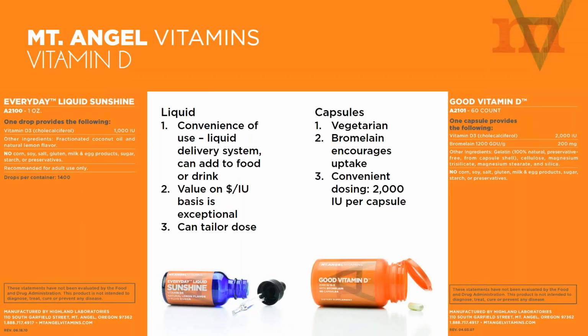From there, you saw we talked about vitamin D. Vitamin D, we have two different forms of just plain old vitamin D. One is a 2,000 IU per capsule. That's our good vitamin D capsules. If you look to the right-hand side of the screen, you'll notice that there are 2,000 IUs complemented by